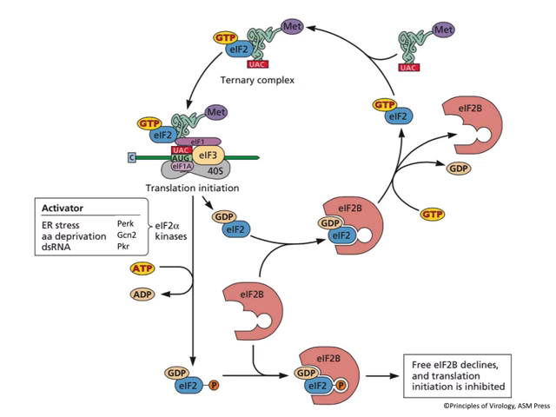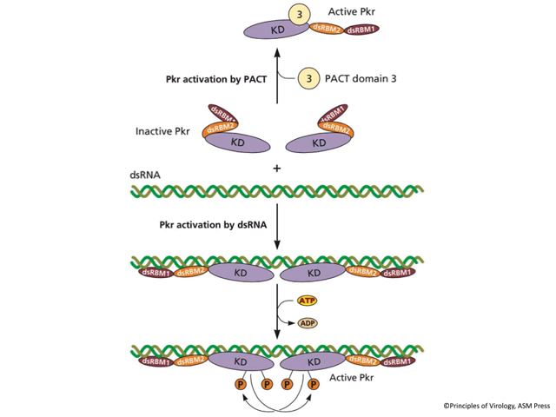Every virus that we know of that encounters these kinases in infected cells has a way to get around them, and I'm going to tell you about those. First, this protein kinase PKR. This is the one activated by double-stranded RNA. So double-stranded RNA is typically made in virus-infected cells. They're either intermediates of replication of RNA viruses, or for DNA viruses, you can transcribe both strands of a double-stranded DNA, and these RNAs will hybridize. You get double-stranded RNA. And that double-stranded RNA will activate the protein kinase.